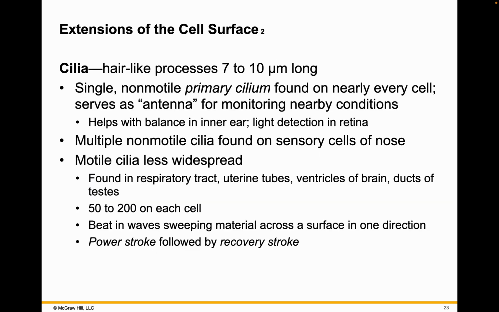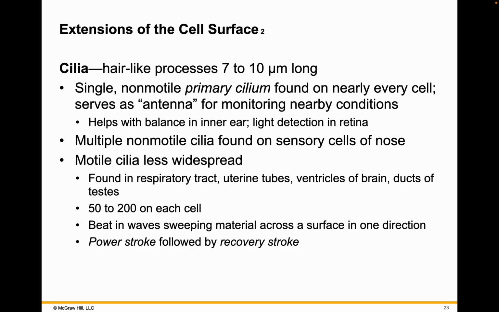Cilia are longer. They are hair-like processes that can be 7 to 10 microns long. They are primarily motile for moving things across the surface of a membrane. Multiple non-motile cilia are found on sensory cells of the nose, but motile cilia are less widespread. We do find them in the respiratory tract, the uterine tubes, ventricles of the brain, and ducts of the testes. There could be between 50 and 200 on each cell, and what they do is beat in a waving motion